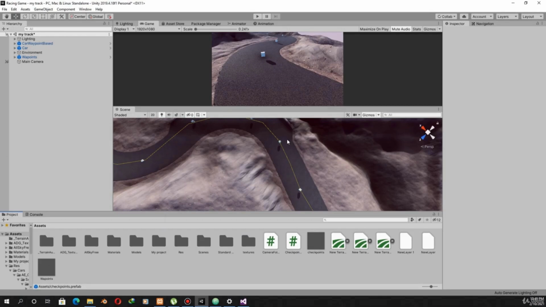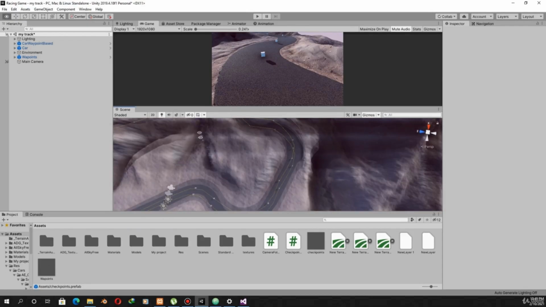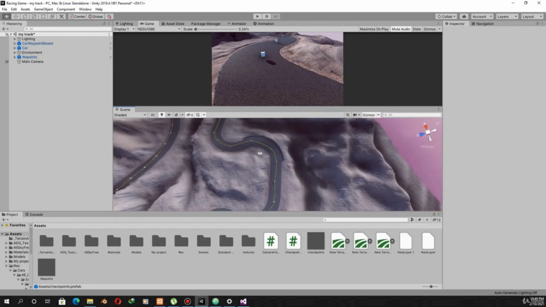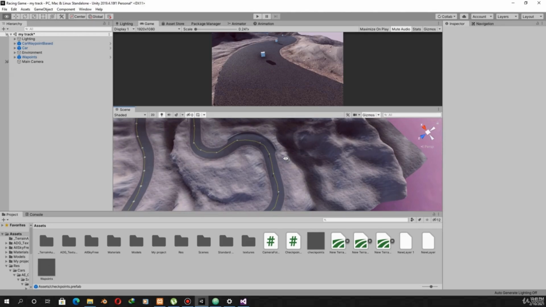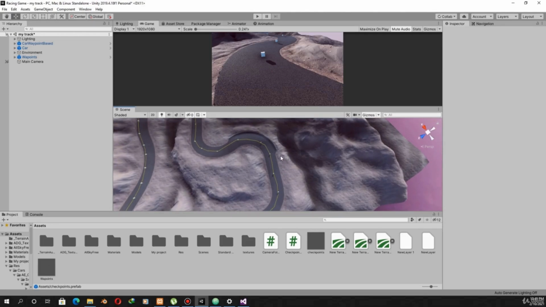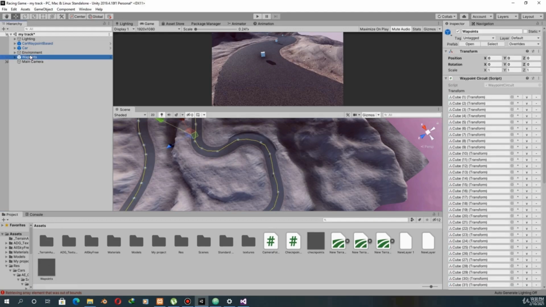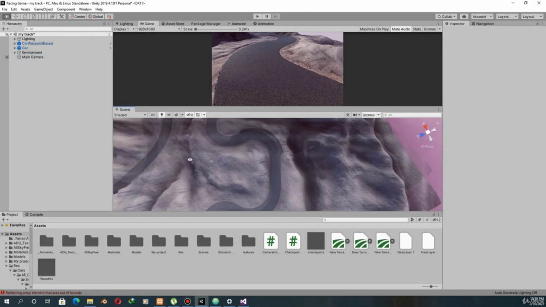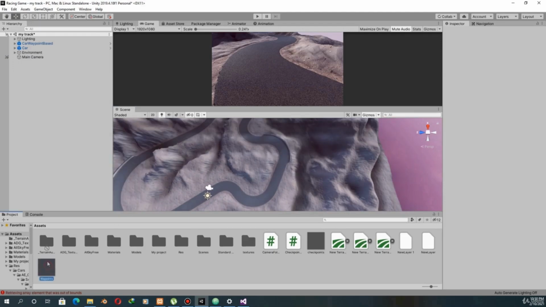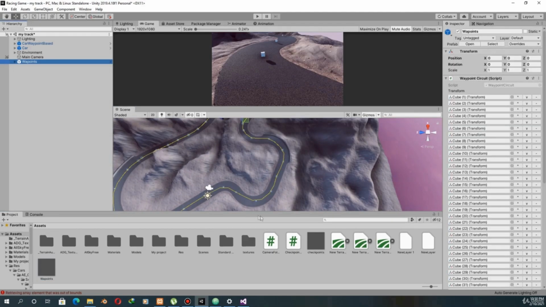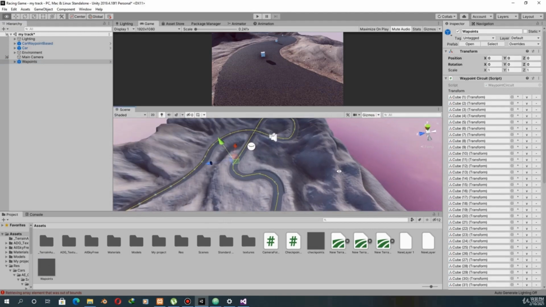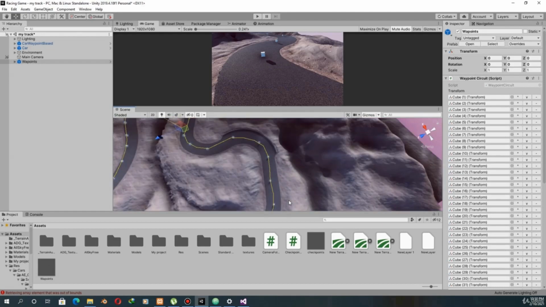In the previous lecture, we created the waypoint system for our car. And this is the waypoint system. And in the resource file, there is a Unity package available. If you open it and import it, then it will create a prefab in your project panel. You can drag these waypoints into the scene. For example, I will delete these waypoints, so there are no waypoints in my scene now. Now you can drag this prefab into the hierarchy, and your waypoints will be created for this track.